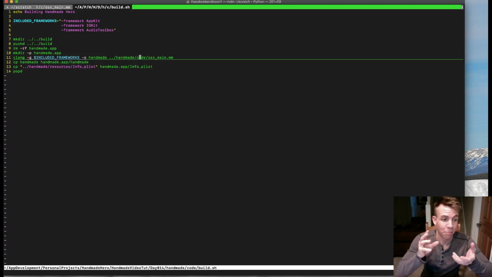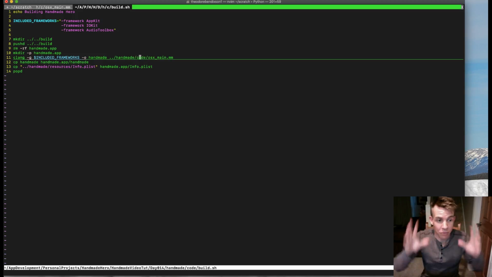compile a platform layer. So the philosophy behind all of this is we look at this as if the game is a service that is being provided to the operating system. So the idea is we start the program in Mac OS, and what we're going to do is ask the game, hey, give me some graphics to display. Hey, give me some sound to output. The game gives that back to us on the Mac,